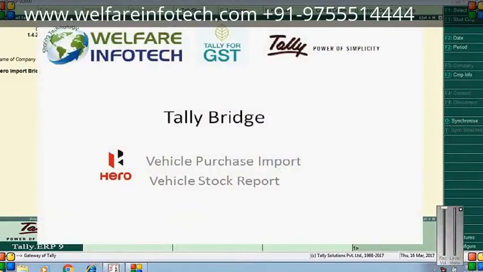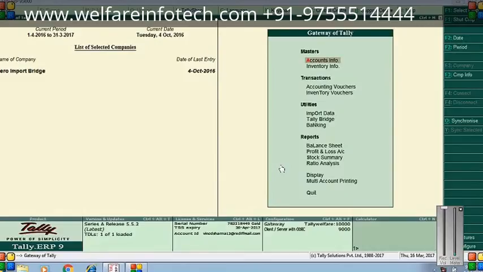Today we will discuss the Hero Import Bridge. Let's understand how we can help the dealers to import their vehicle purchases to Tally. So first of all, to do this,